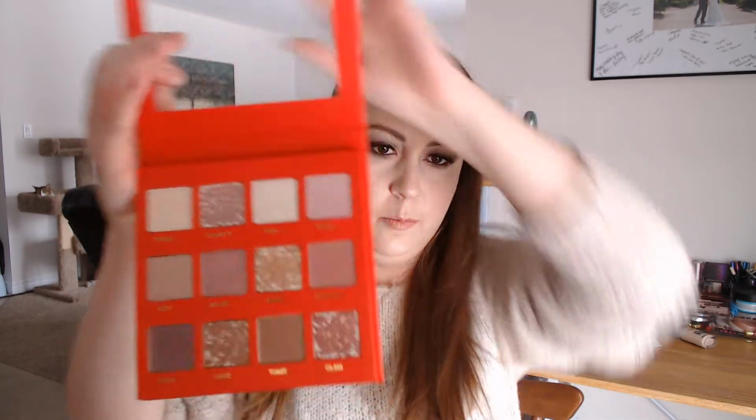And then I thought I, of course, need to include a white for the little white patches that she has. So I thought it'd be cool to do one that was a little bit shimmery. So I took my Quo palette and there's a shade in here, Tinsel, and it's got some shimmer to it. It's a whitish cream shimmery one. And I thought this would be a good one. It's got a little bit of fallout, which is unfortunate, but so there's that one. So you got a matte black, a shimmery white,